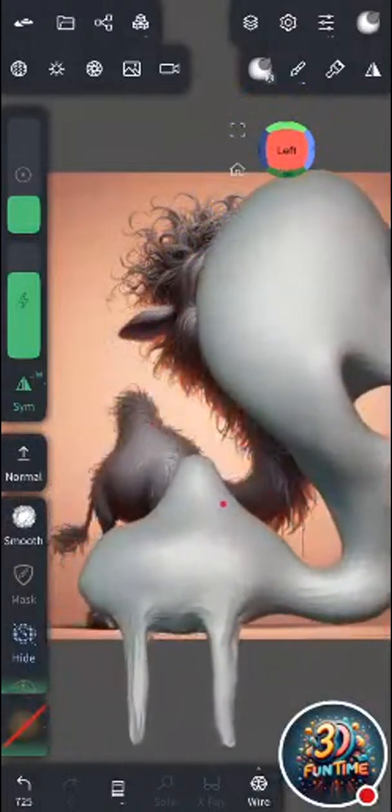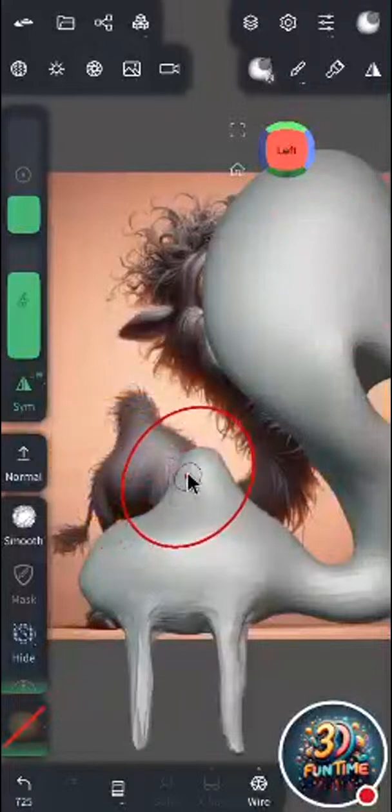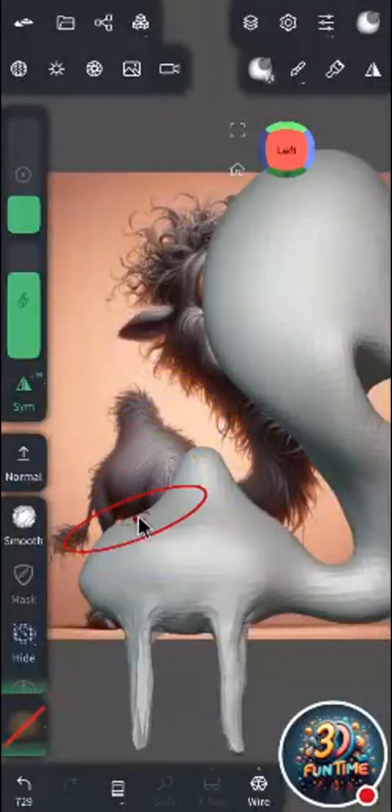So before working on the legs, we need to make it like this,